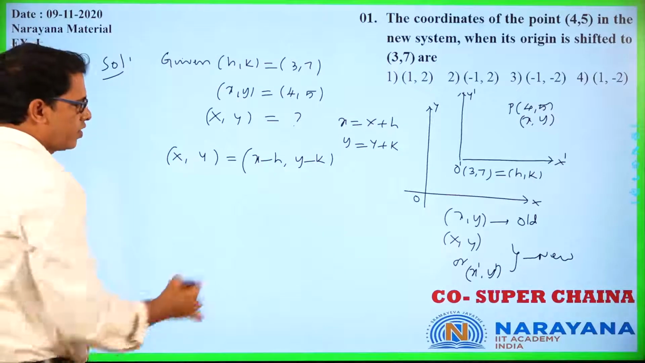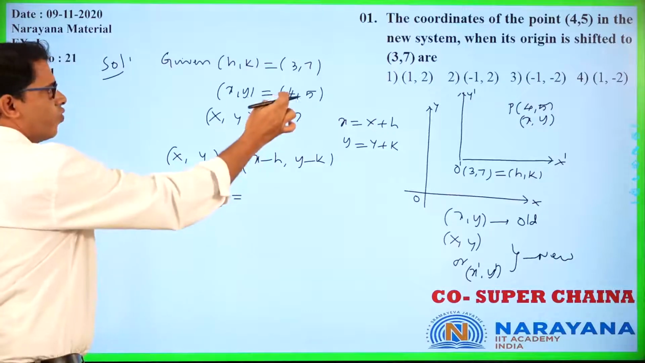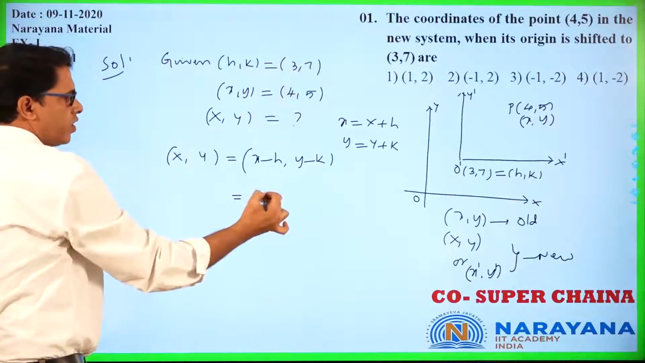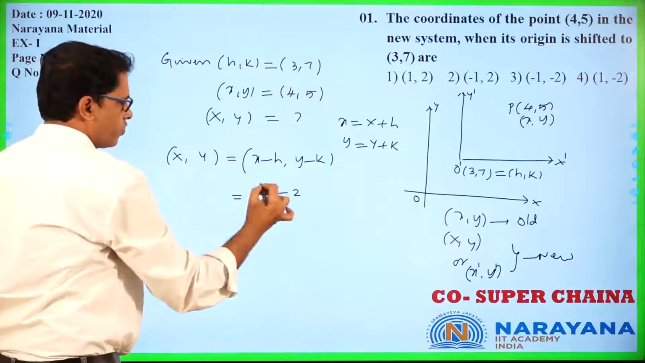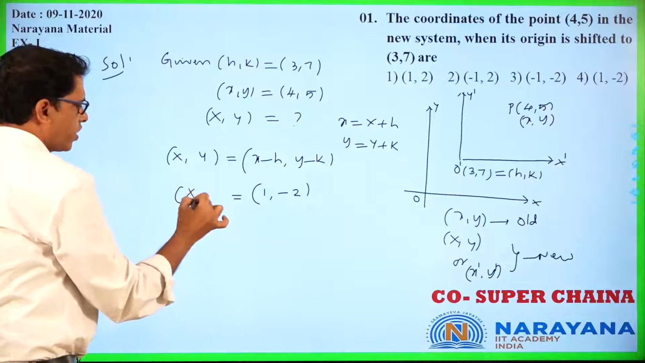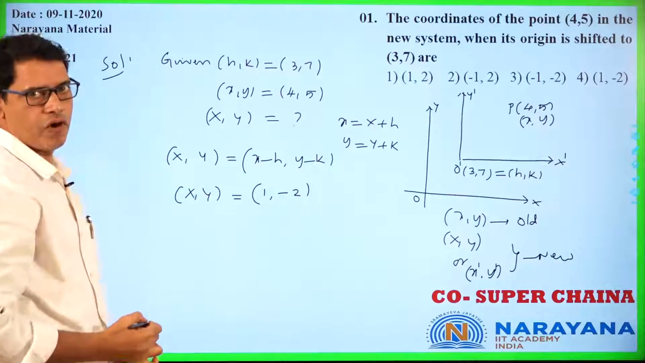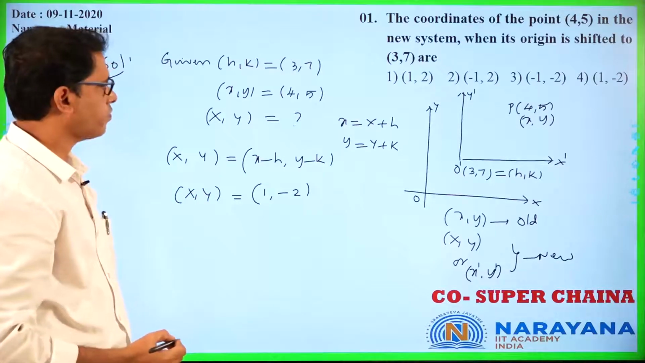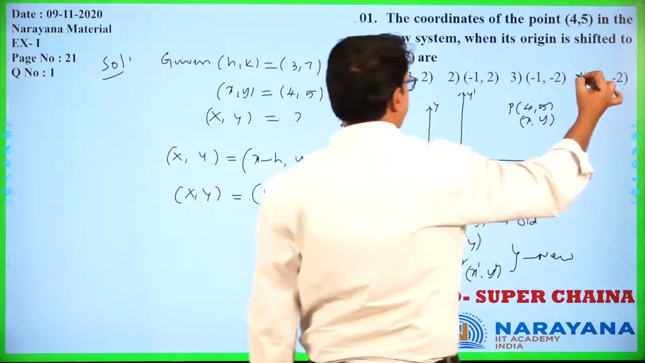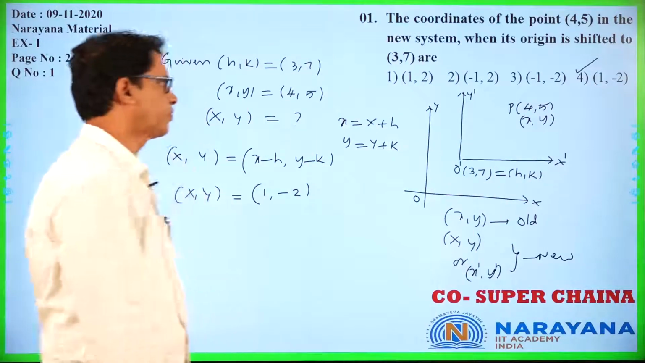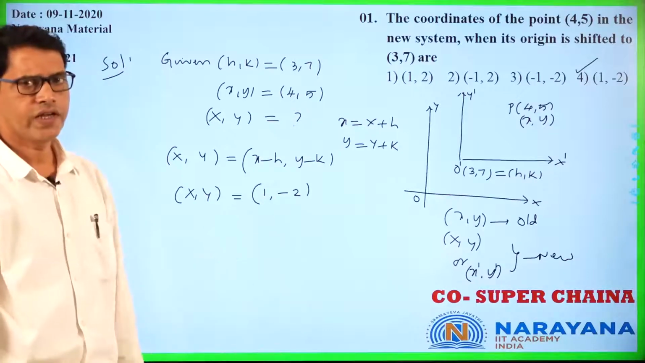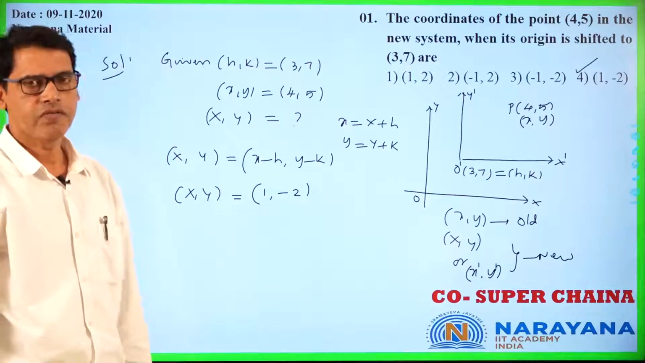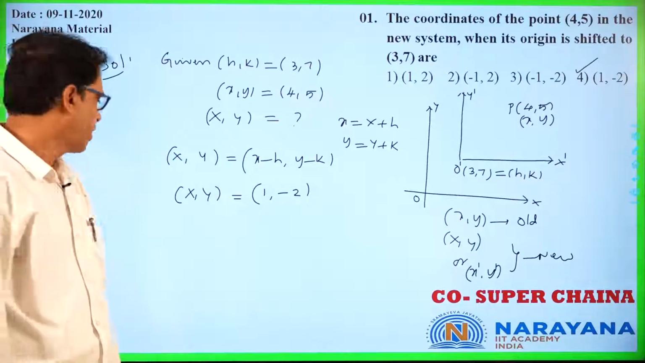So that implies x value 4, k value 3, 4 minus 3, 1. Then y value 5 minus 7, minus 2. Means the required new coordinates are 1 comma minus 2. Fourth option. Okay. New coordinates are 1 comma minus 2. Very, very simple one. Just application of the formula. Right. Next